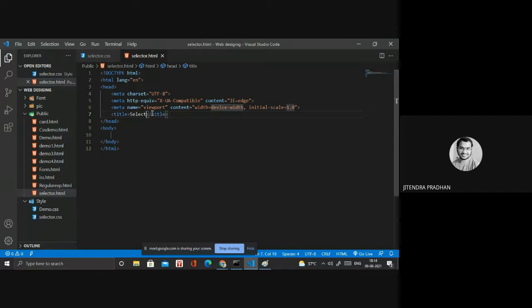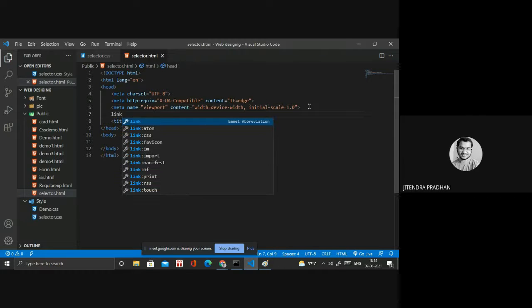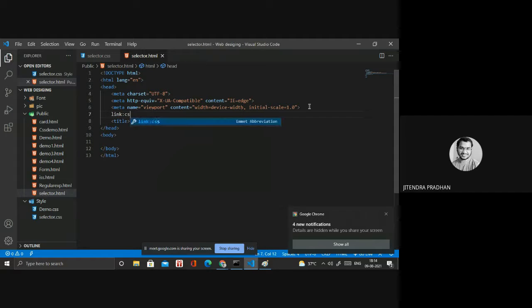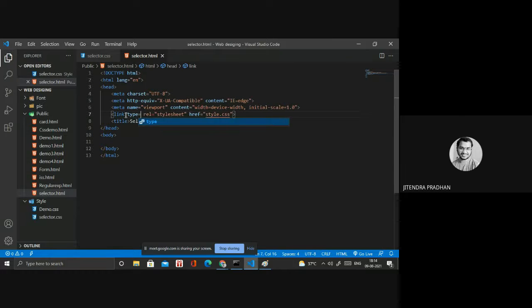By using the link here, I link the stylesheet with the CSS. In that we have defined the MIME type. What is the MIME type of that? It's text/css.